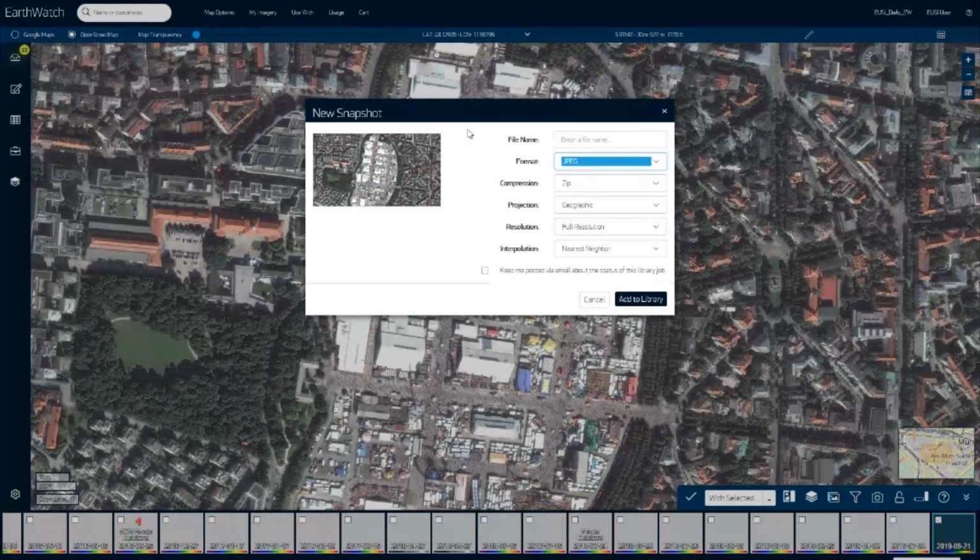So you can just enter a name to library. The snapshot will be processed and be available a bit later. Okay, now Tobias will show us more advanced options.